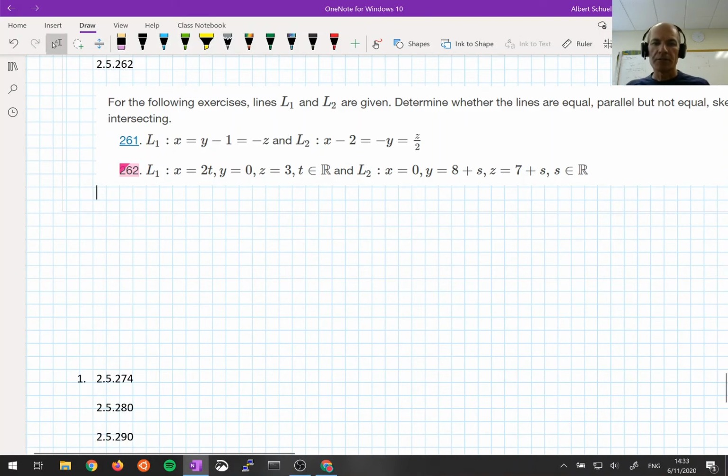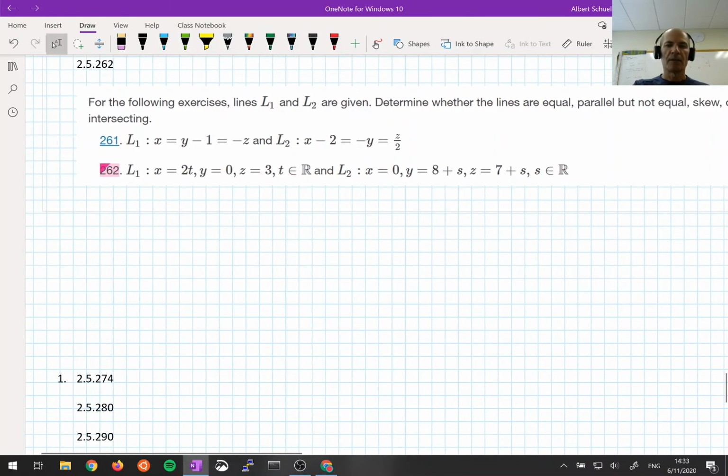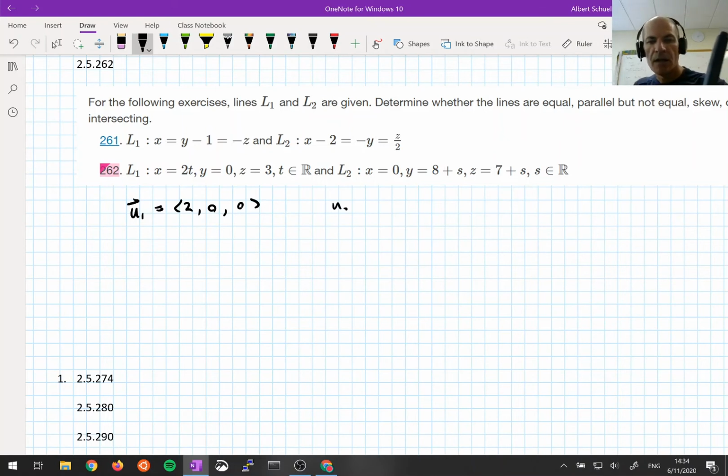So for the two lines, determine whether the lines are equal, parallel, not equal, skew, or intersecting. So what we want to do is first figure out whether they're parallel or not parallel. And we're going to do that by comparing the two direction vectors. So the direction vector for L1, we'll call it U1, is again the coefficients on the t. So it's 2. There is no t in the y equation, and there's no t in the z equation. So that's 2, 0, 0. That's the direction of L1. And the direction of L2,